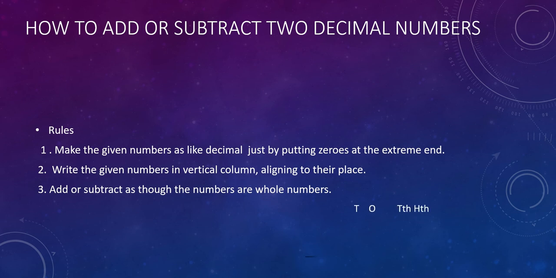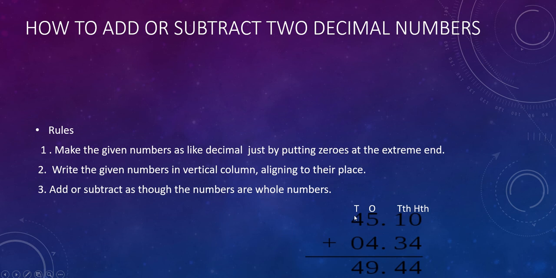As you have an example here, suppose you have to add these two numbers, 45.10 and 4.34. I have empty space here, so I will put 0 here. Now you have to add this. All of you know how to add. You have to start from the right end. 4 plus 0 is 4. 3 plus 1 is again 4. Come to the ones place. 5 plus 4, 9. 4 plus 0, 4.